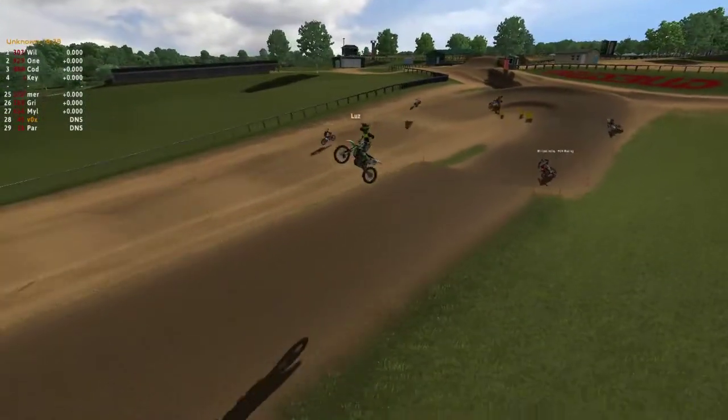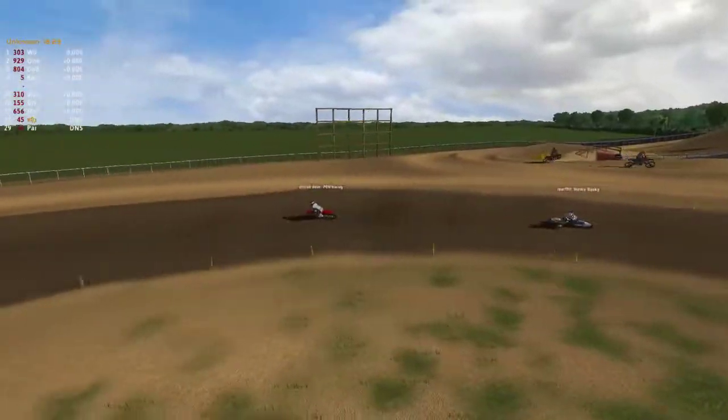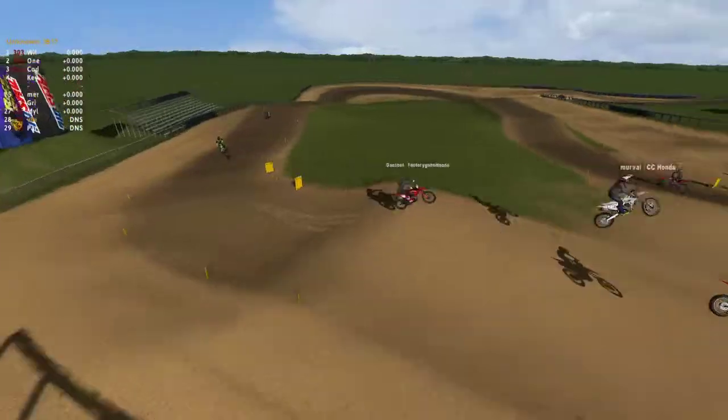Man, I suspect that we're going to see close battles for the next 20 minutes, and it's not going to let up. Aiden is making ground and trying to check out Vox. Yeah, Hayden is not going to let...